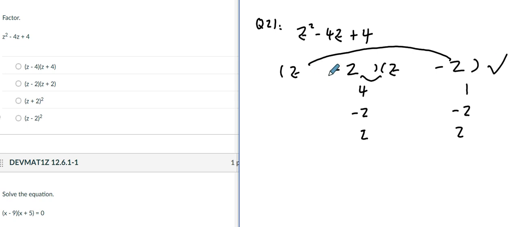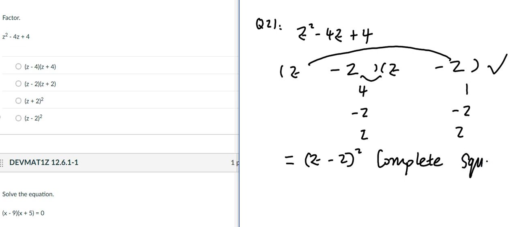Then you see z minus 2 times z minus 2 is actually z minus 2 squared. This is a complete square. Okay. All right. Now,